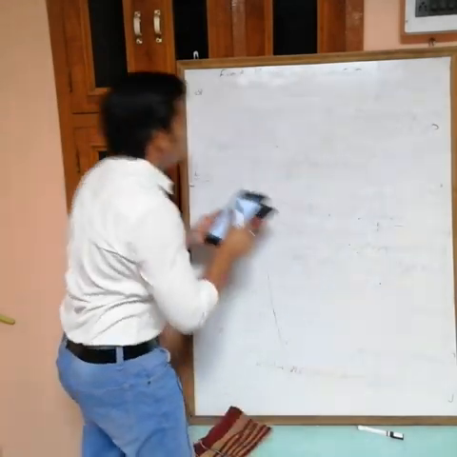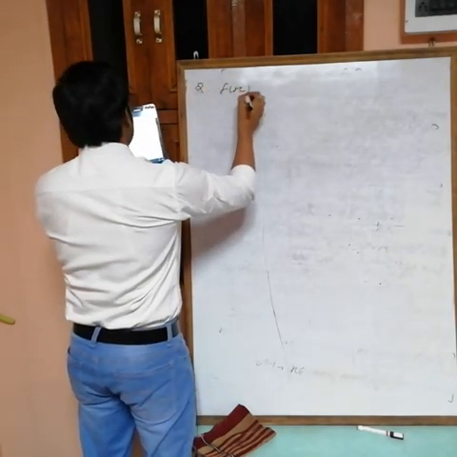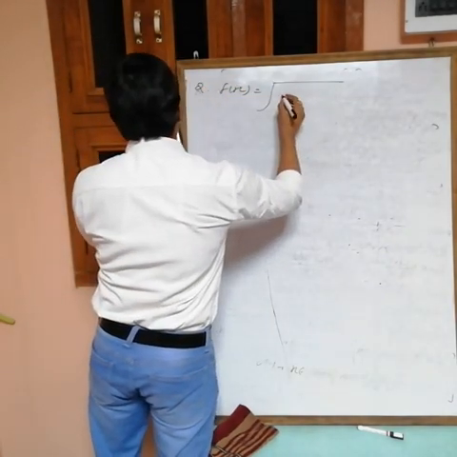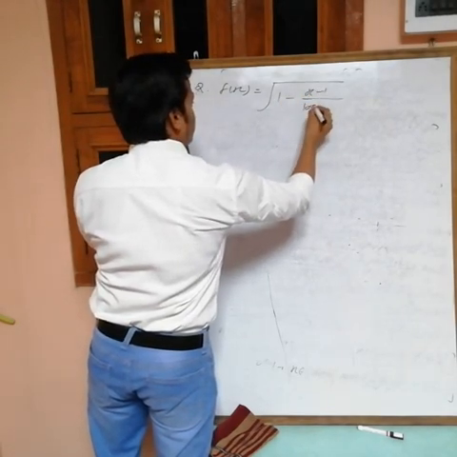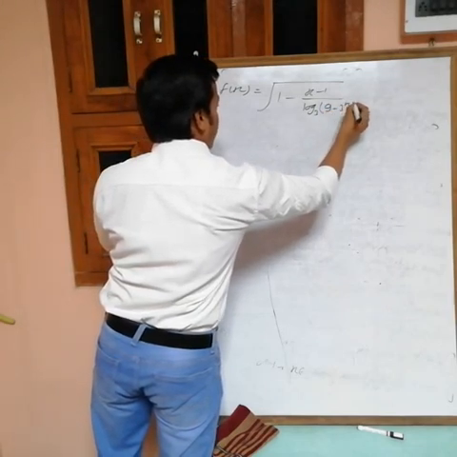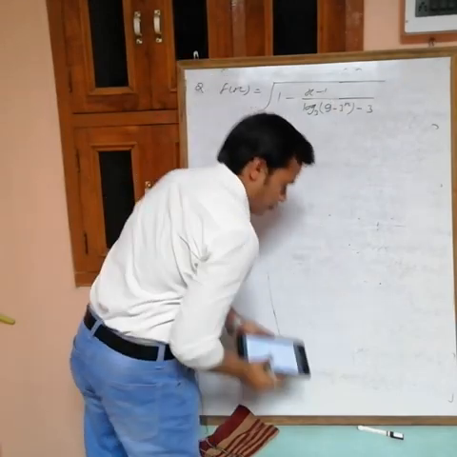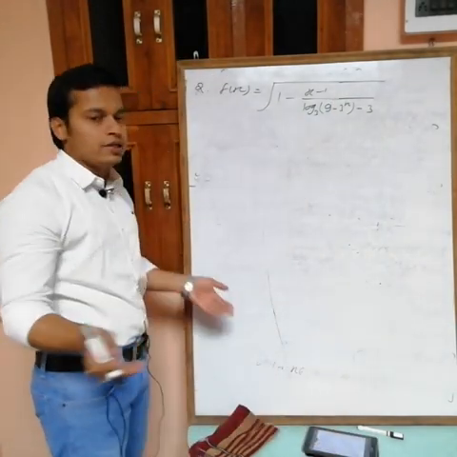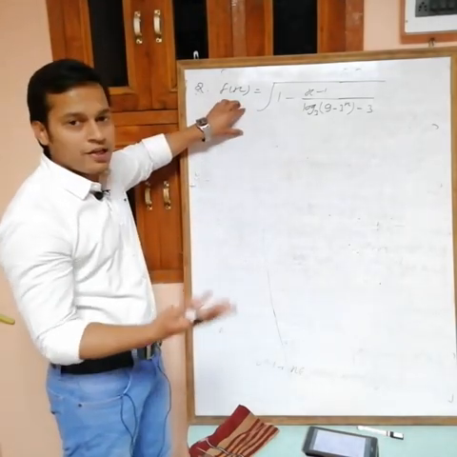Okay, next question, same for domain. f(x) is equal to root over 1 minus x minus 1 by log base 3 of 9 minus 3 power x minus 3. We want the domain of this function. Domain is again the same thing: the values of x for which the function is defined. Now apply the conditions of the function.